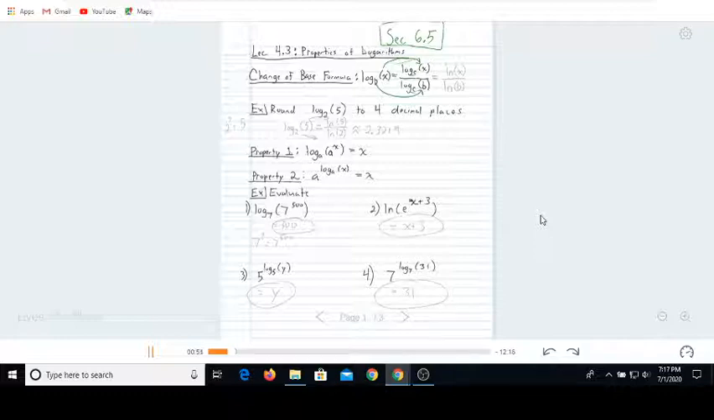Now, the most popular change of base is to the natural logarithm. So if I have log base b, and I want to change it to the natural logarithm because that's naturally preferred,